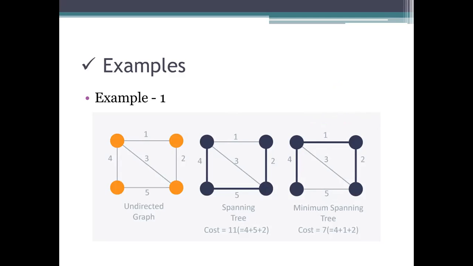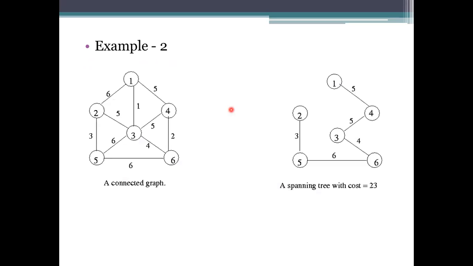Coming to the next example, it is a graph which consists of 6 nodes, and it has as many vertices here. So we need to choose how many paths there should be. How many spanning trees can be drawn? There are many, because there are many edges, but we won't consider all the edges to be processed here.